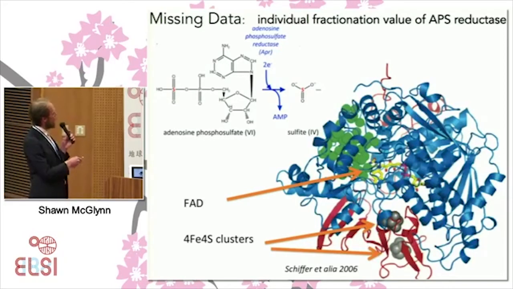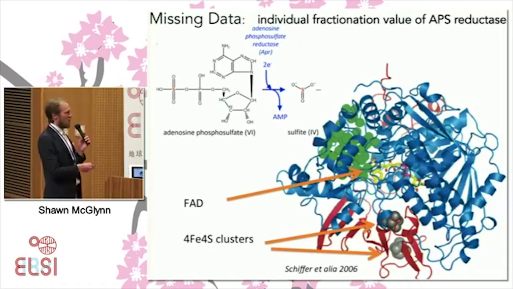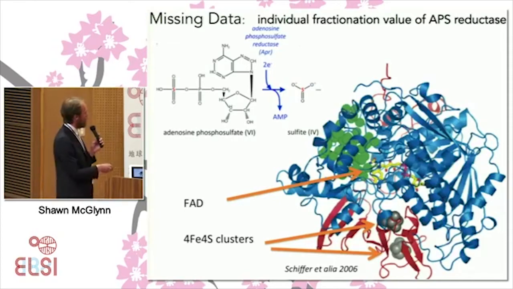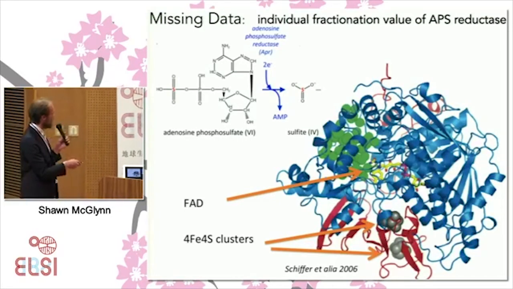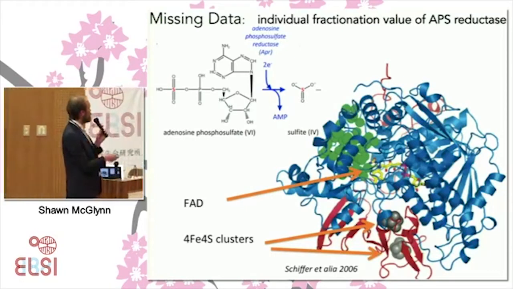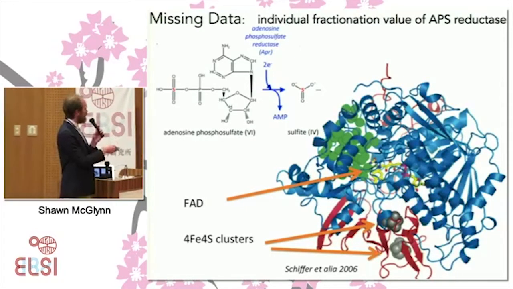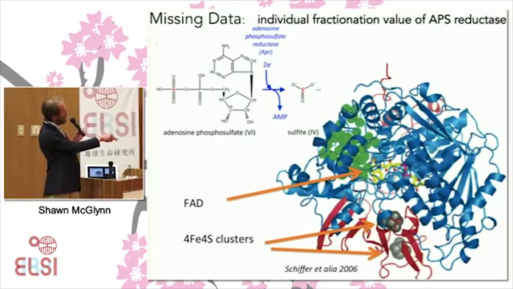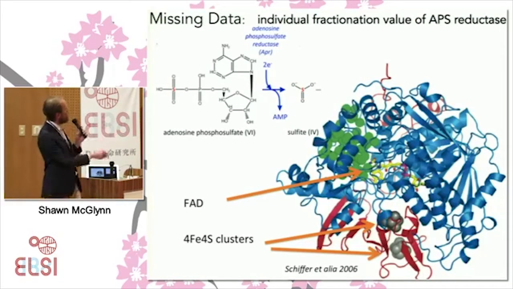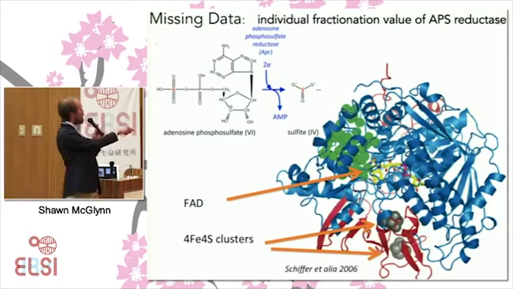So here's the enzyme. Remember, it takes this kinetically activated form of sulfate and adds 2 electrons onto it to make sulfite. Here are some other iron-sulfur clusters that are found in biology. This time, these iron-sulfur clusters are relatively high potential. They're not sitting at minus 500 millivolts, like a ferredoxin. They're more oxidizing than that, and that's because sulfate is more oxidizing than that. You could imagine electrons coming in to these 4 iron, 4 sulfur cubanes and then being transferred on to this FAD, which is hiding up here in yellow. And then at that stage, sulfite is going to dock somewhere around here. Or sorry, the APS is going to dock around here, and sulfite will be produced.